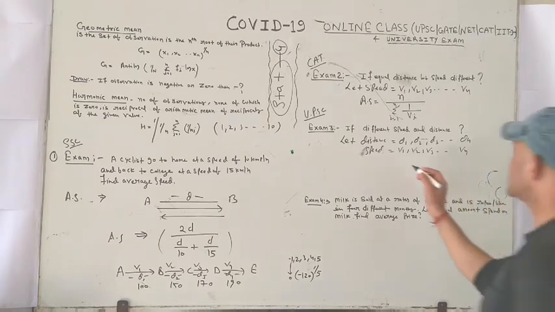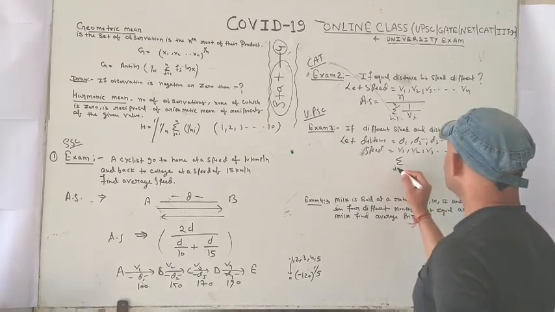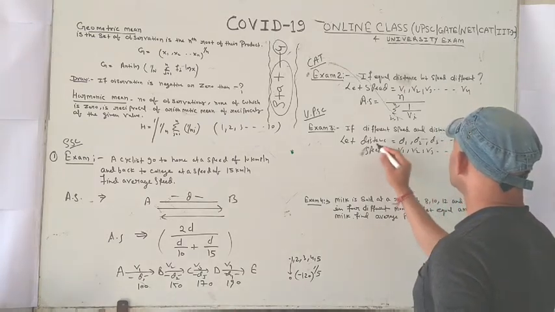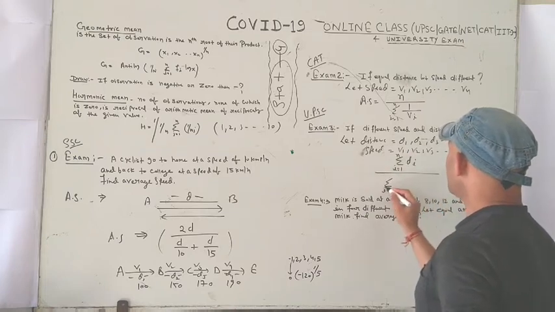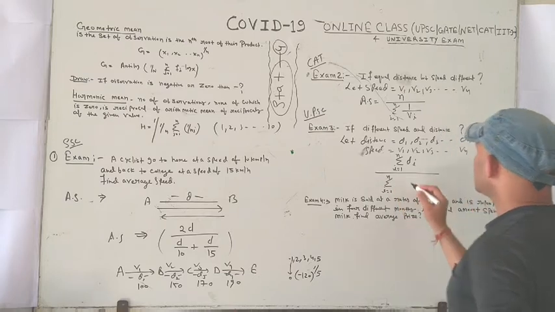So this is sigma of i equal to 1 to n. This is your di upon sigma of i equal to 1 to n. This is